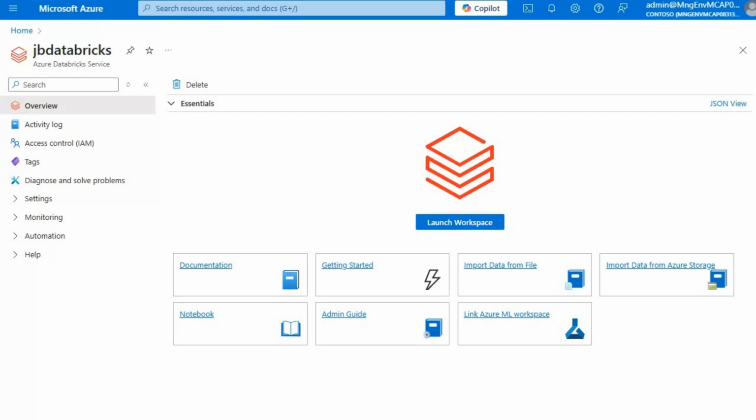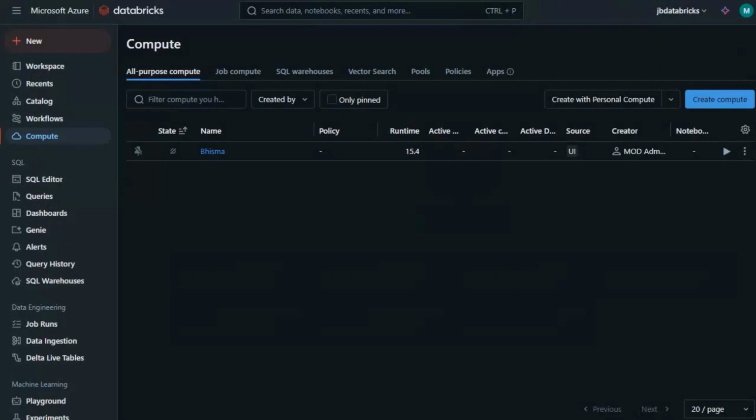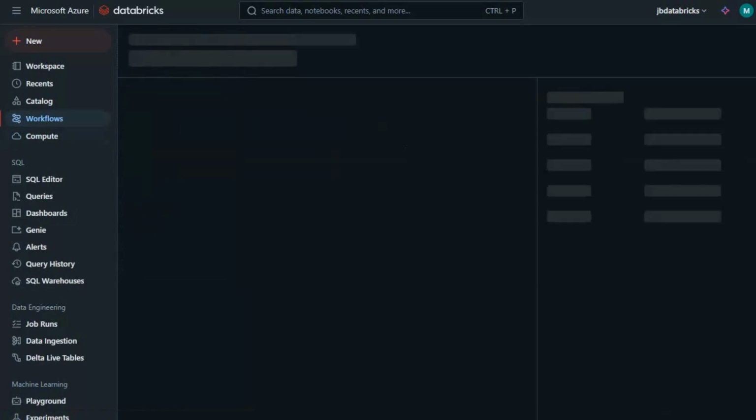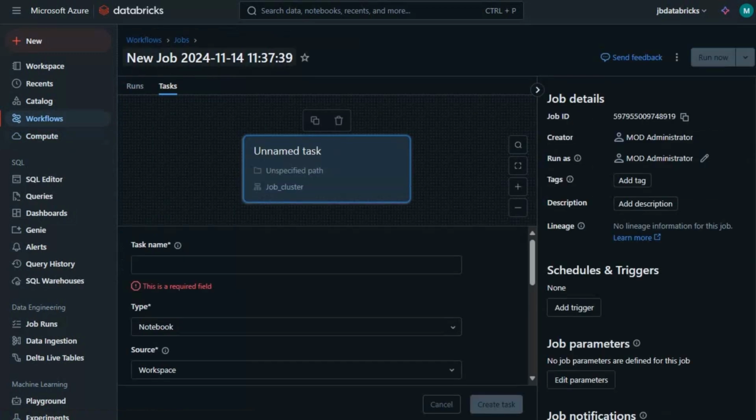All right, let's get started with scheduling jobs in Azure Databricks. I will head on to the workspace here, and then let's click on plus new and then click on job. First, I will name this job as demo underscore job one, and then I will name this task as